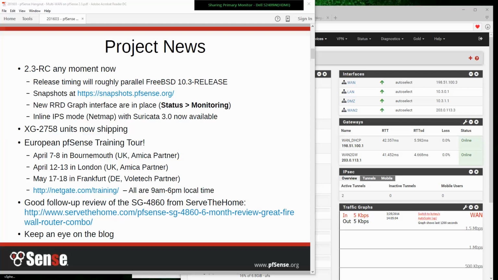Also, we have an inline IPS mode using NetMap with Suricata 3.0 that's available now in our packages. Just beware though, at least with certain NICs, if you do activate that inline IPS mode with NetMap, you might have some trouble with traffic shaping, but people are really excited about that. About the NetMap interface. It actually goes truly inline. It can block things without having to see the first packet flowing all the way through, which is a lot more secure. So it's a big win